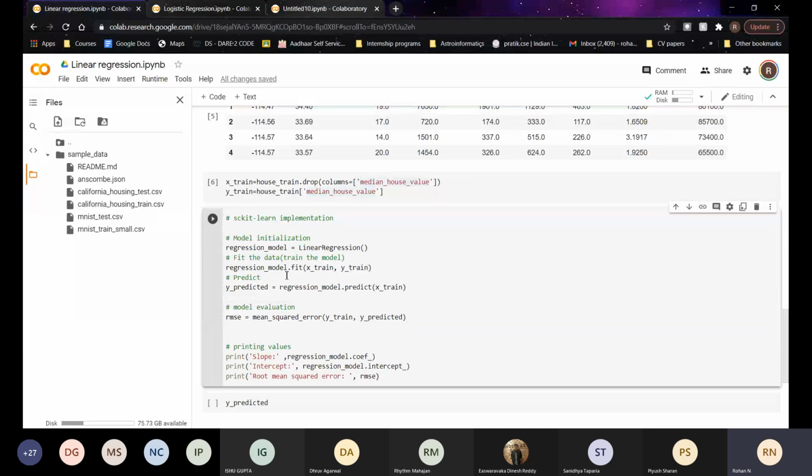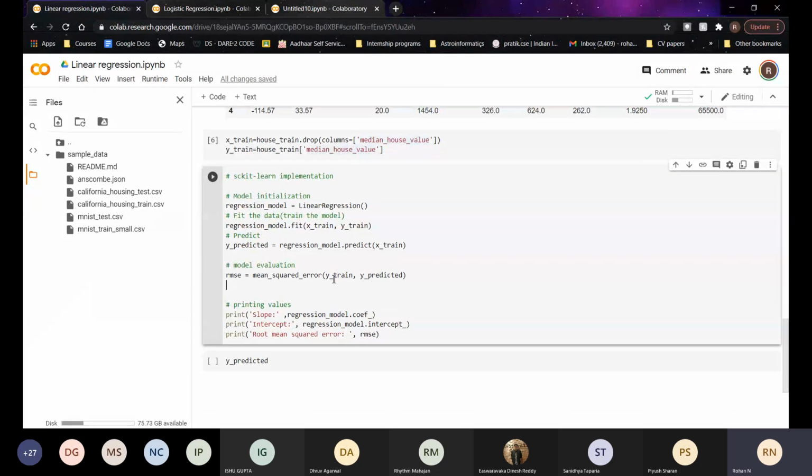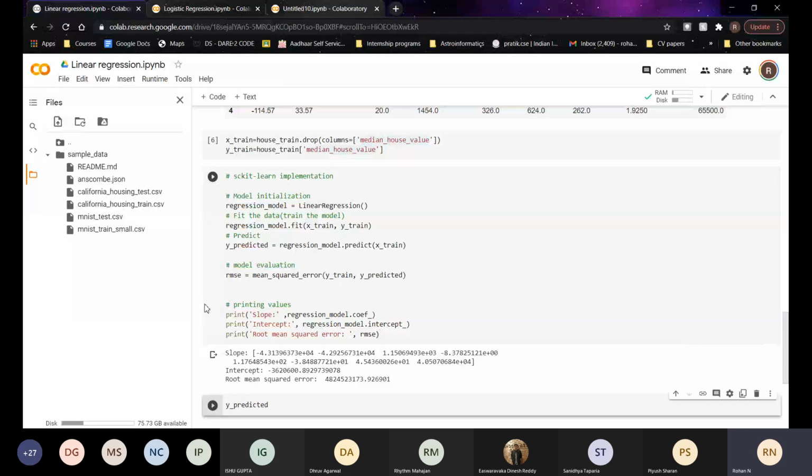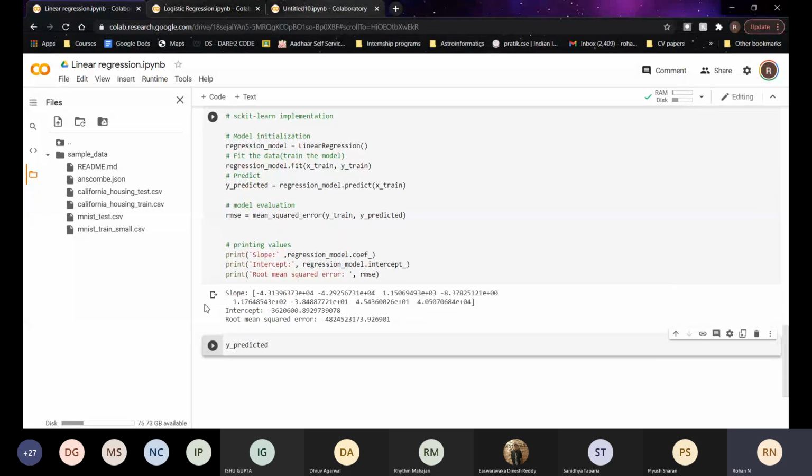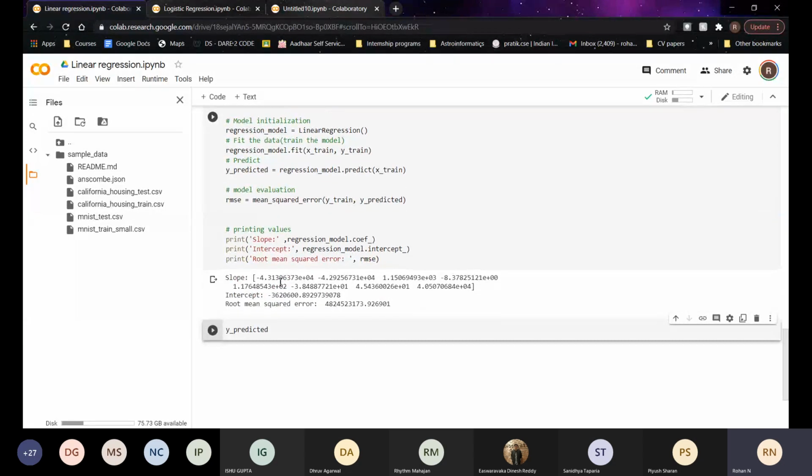So here you can see that we get multiple slope values because for every feature x1, x2, x3 you will have a different theta1, theta2, theta3. I hope you understand that. That's why you get as many slopes as many features you have.